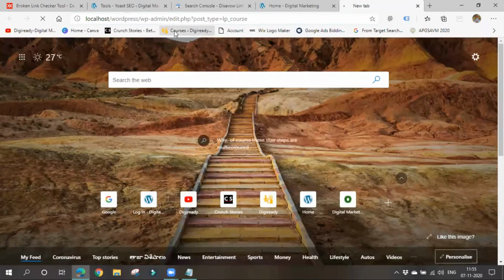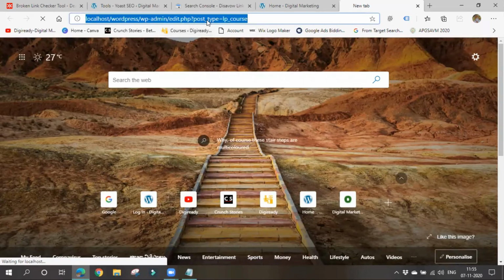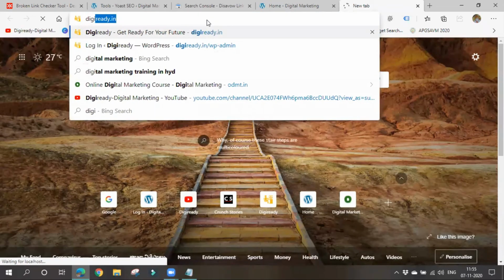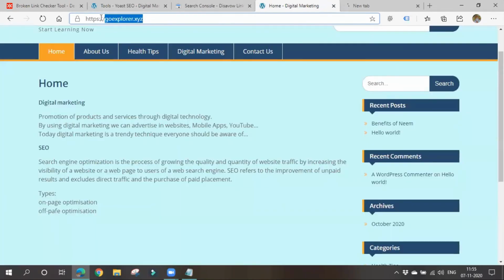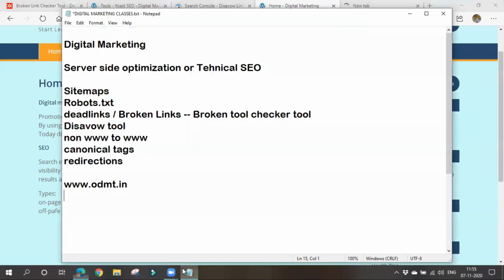If you go to DigiReady, it will have www. See, this particular URL has www. In this way, both kinds of websites exist, with www and without www.